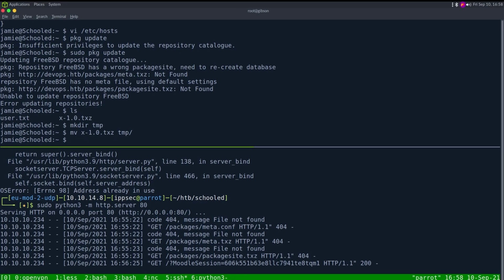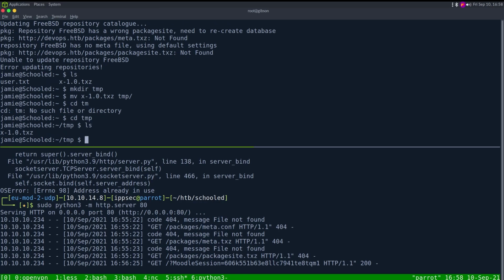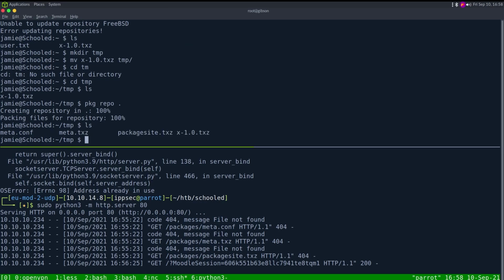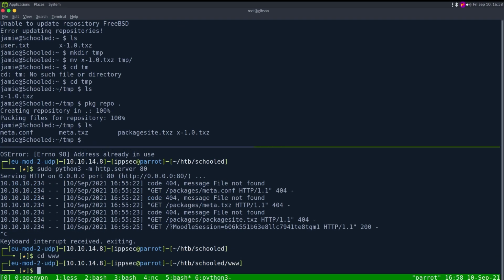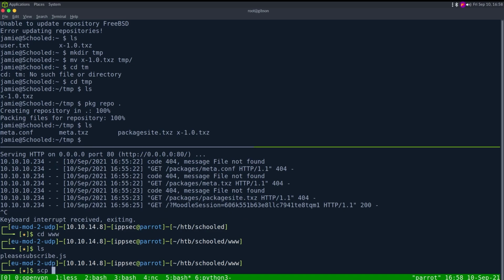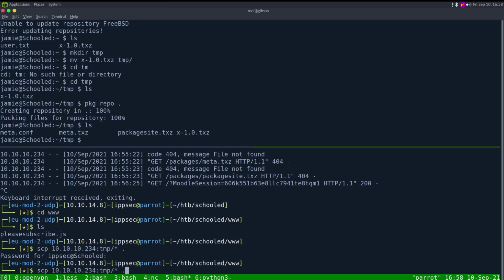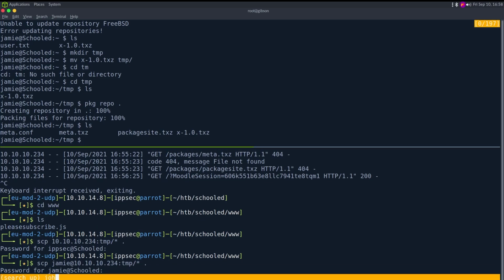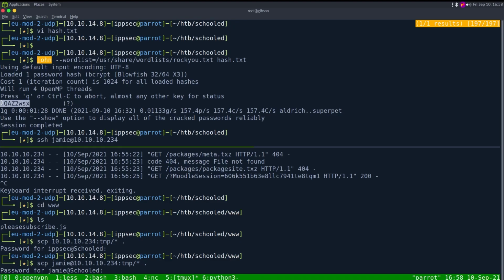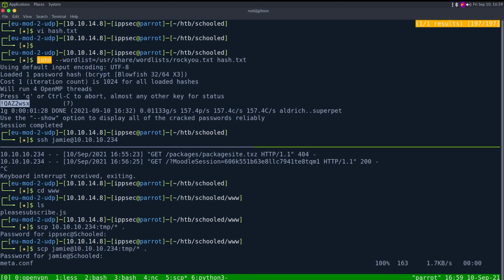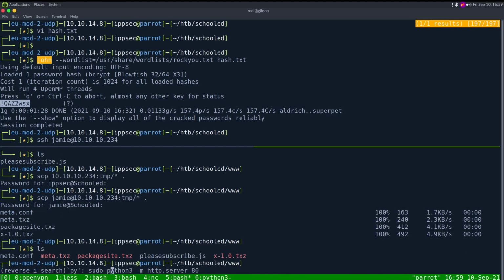I'm going to move the malicious package we created into temp. And then we're going to do pkg repo period. And yep, it created all those files for us. So we just got to get these files back to us. So let's go into www, and we can scp, let's see, 10.10.10.234, temp/stir into this directory. And then we need Jamie. We also need the password. Do I have John still here? I do. So we can just grab this password, paste, scp each file, Python 3,